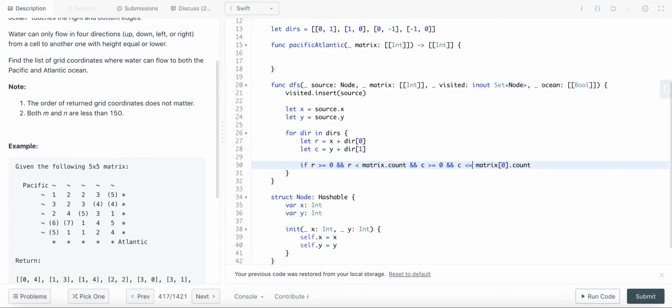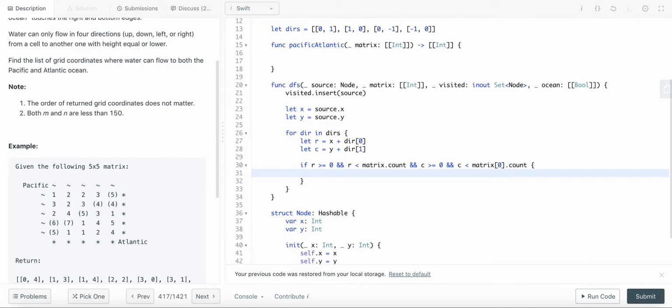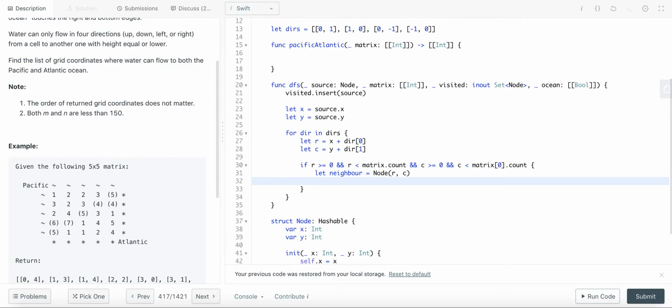There shouldn't be an inequality here. If it is within the matrix dimensions, let's say the neighbor is, if we have not visited this neighbor yet, and this is the